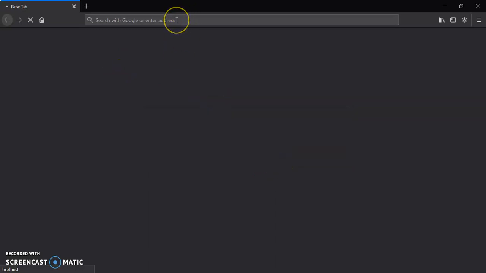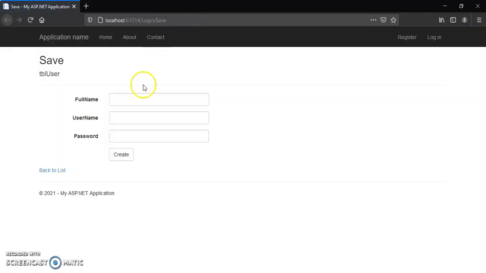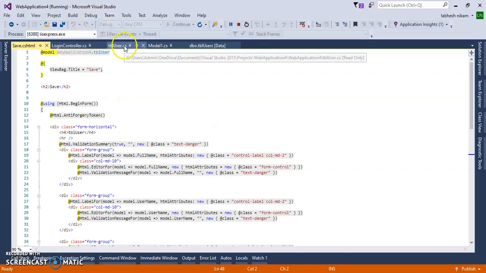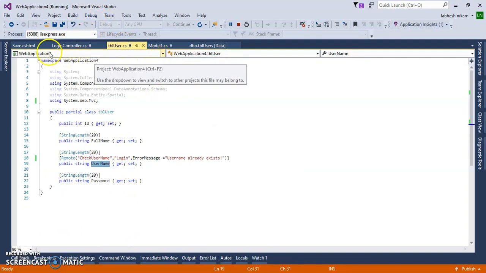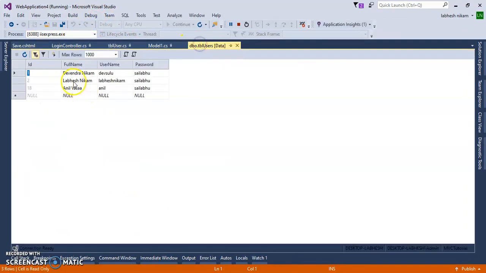Controller name is login. Now add, here is my database, and in this I have these two usernames, Devsulu and Lavish Nikam.